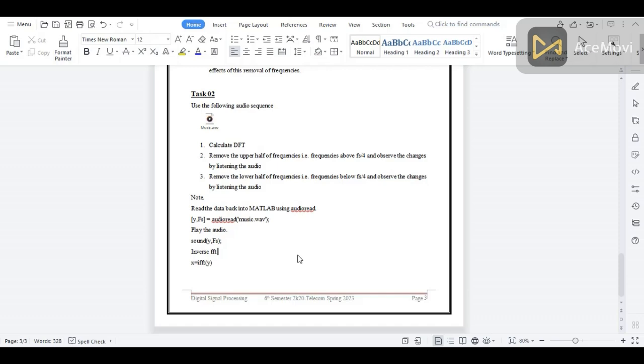So in the second task, the audio sequence is given, and we have to calculate the discrete Fourier transform, remove the upper half of the frequencies, and then remove the lower half of the frequencies, by listening to the audio. The audio which is given is,